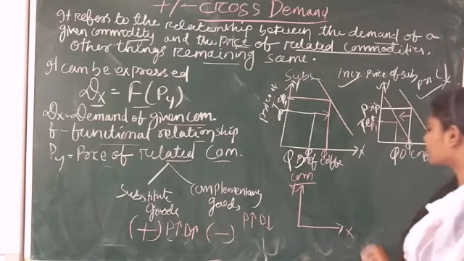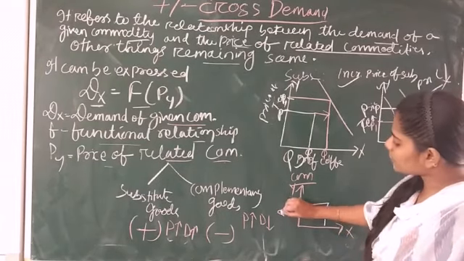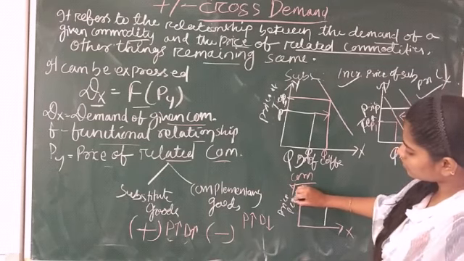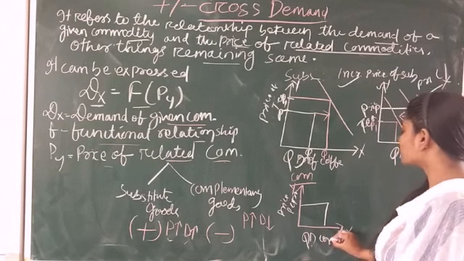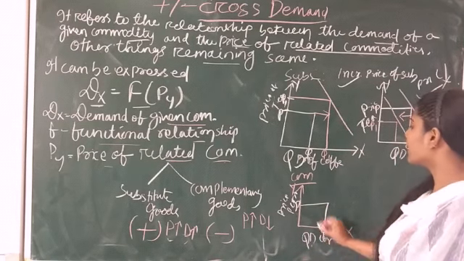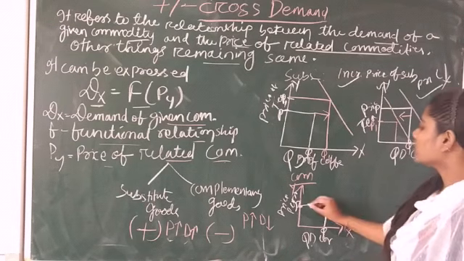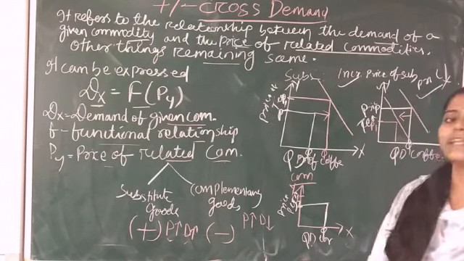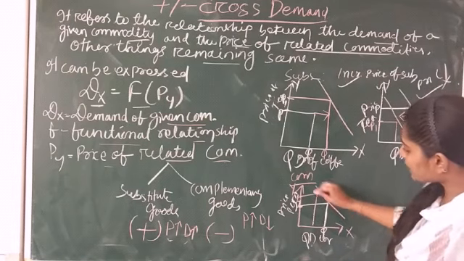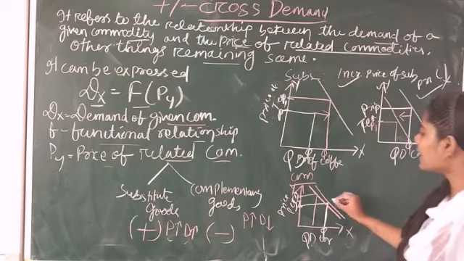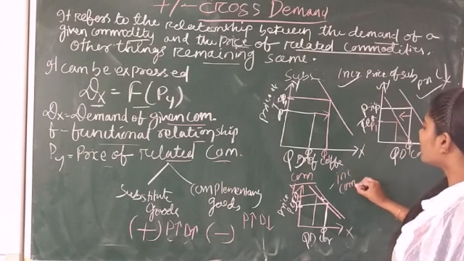This is your y-axis and this is your x-axis. So here the complementary good is this, the price of petrol, and this is the quantity demanded of car. So when the price P is like this, the quantity will be this much. When the price increases from P to P1, then quantity demanded of car will decrease. Yes or no? So this is one diagram. That means there is a leftward movement when there is an increase in the price of complementary goods.